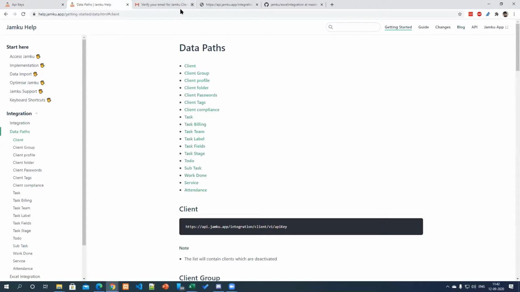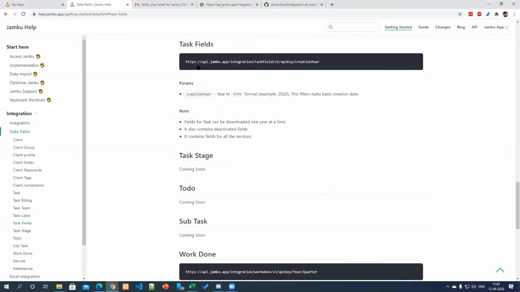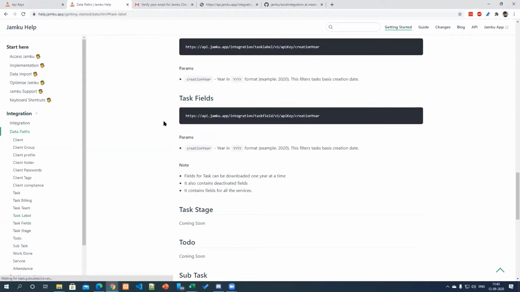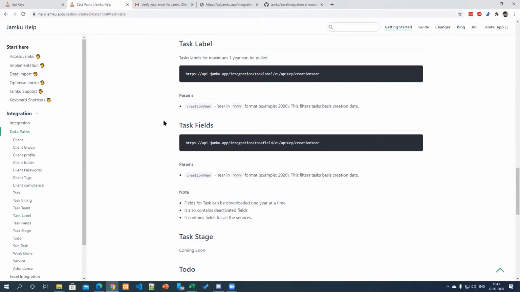Yes, please go ahead, your question. Adarsh Badresh here. Whether even the database created through fields will also be open for integration? Yes, task fields are also available. You mean task custom fields, right? Yes, task custom fields. Correct. That's also available. Okay, great. Thanks.